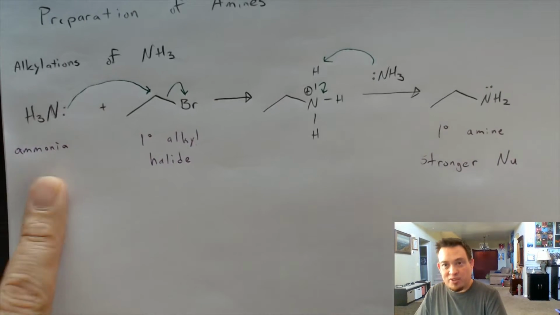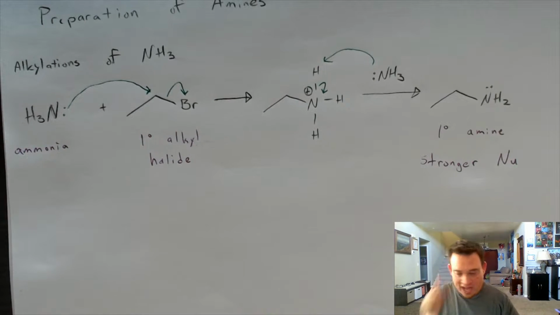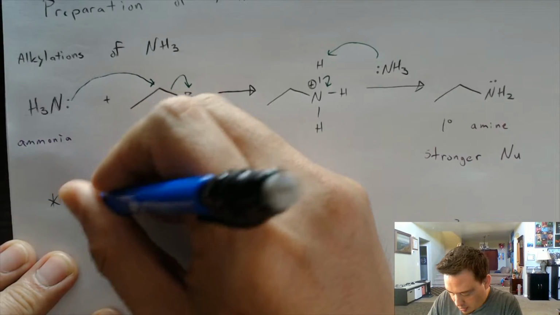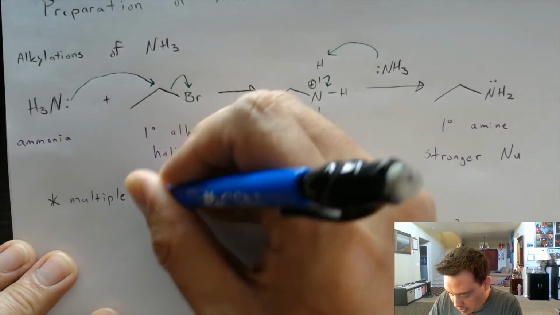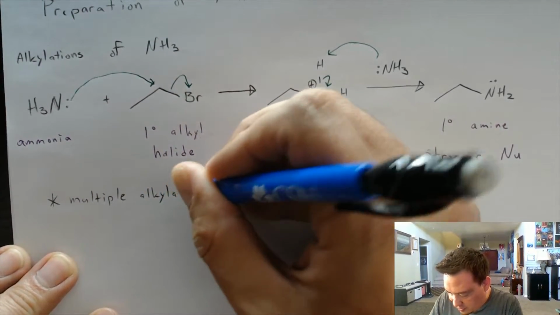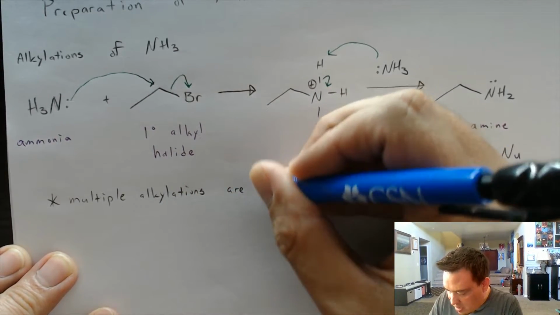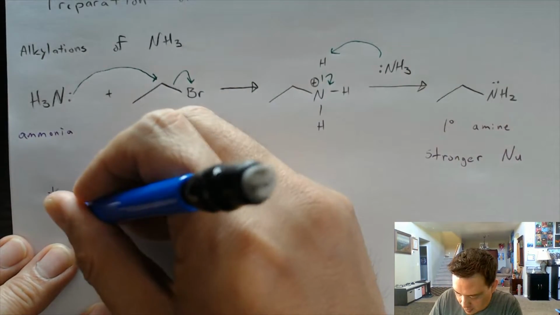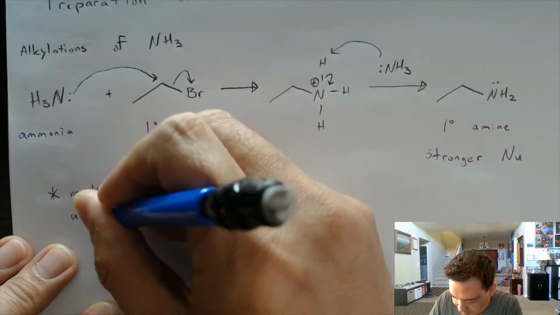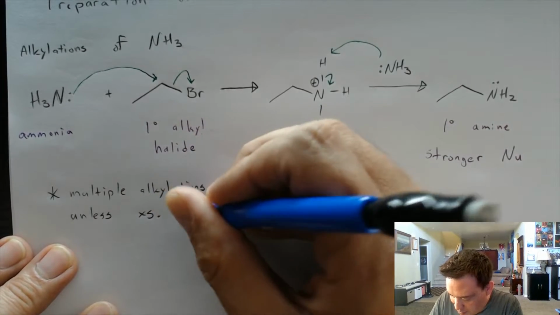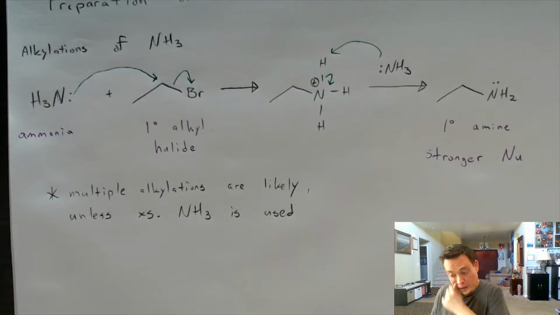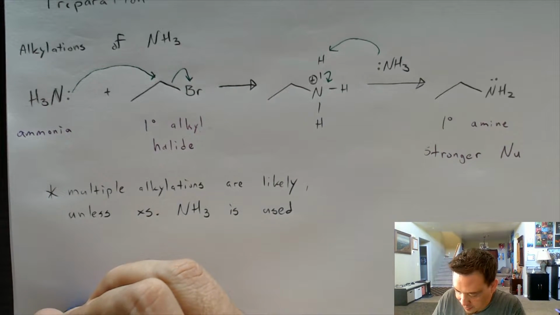So what ends up usually happening here is multiple alkylations often occur because we made a stronger nucleophile. So multiple alkylations are likely unless excess ammonia is used. So once again, what happens here is